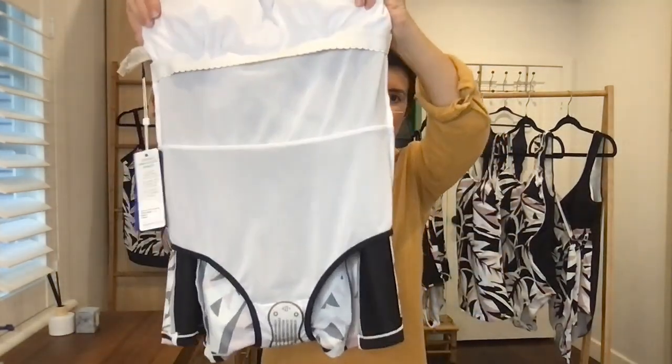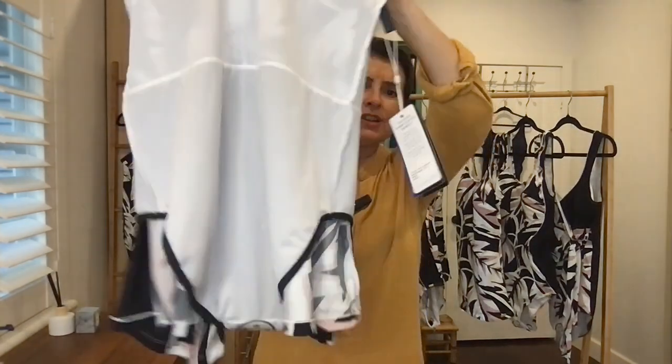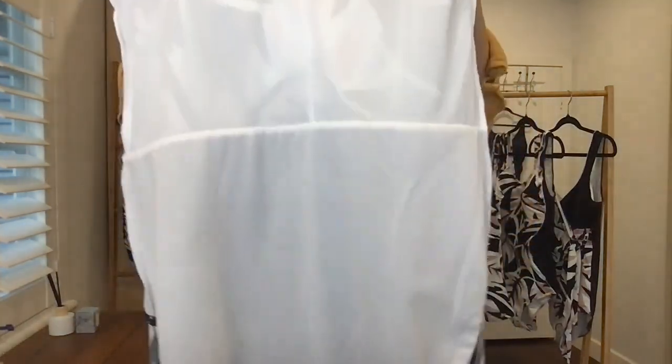Now, I mentioned that it's got the one piece under, and that's what you can see there in the front and at the back. The dress is just poking through the legs there because I've got it inside out. Now, in the front, there's this stuff called power mesh. And what that does is just give you a little bit of extra tummy support than regular swimsuit fabric does. And it's fully lined at the back as well. So this one is for those who might want something a little bit more modest from their swimwear look,